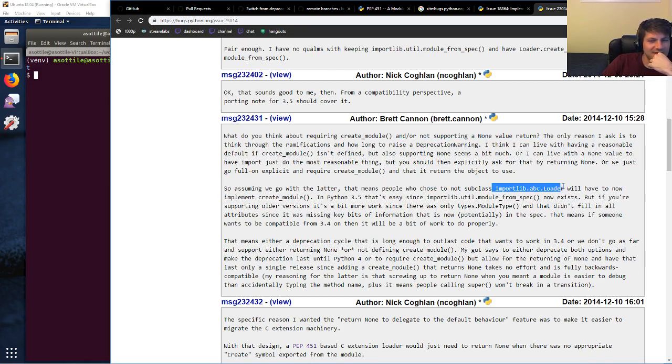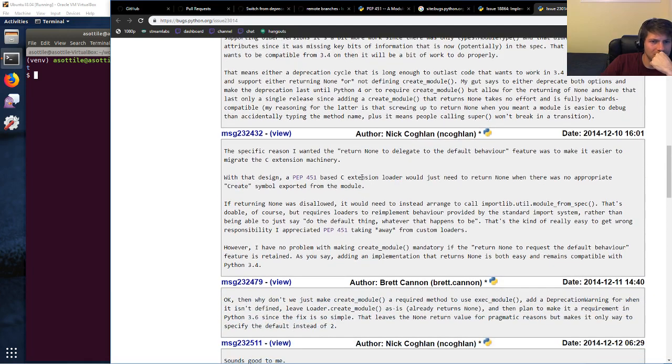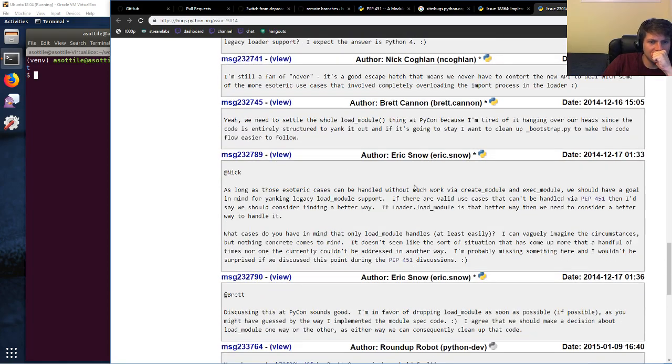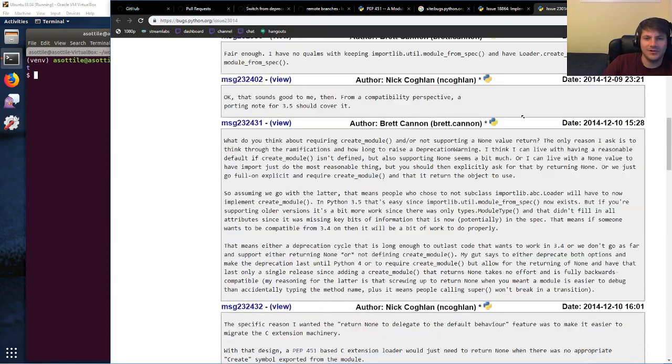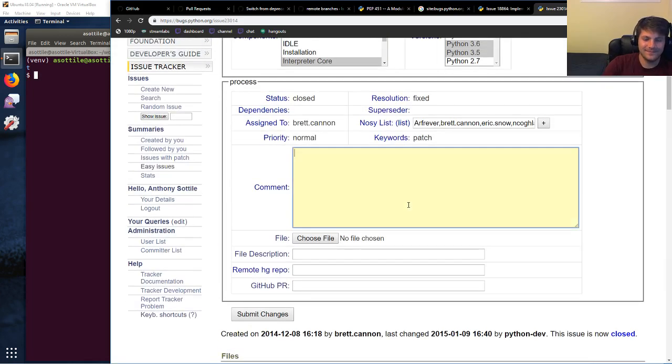Oh, I was supposed to subclass this? Seems weird. Maybe I'll comment on this and say: just stumbled on this, and as I was updating PyTest's import hook, I noticed in PEP 451 this is still